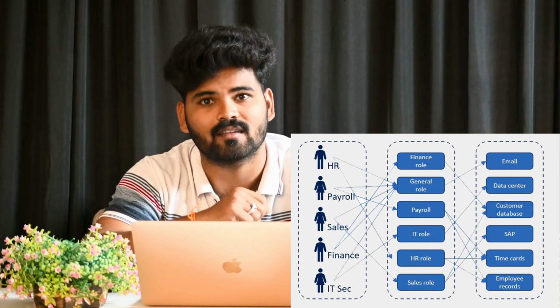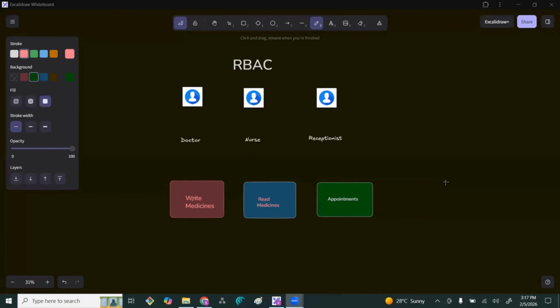Now let's understand this by taking one simple real-time example. Think about a hospital. Let's say in the hospital we have a doctor, a nurse, and a receptionist. Based on their roles, they perform different operations. Generally we know the doctor can write medicines, read medicines, and sometimes give appointments to the patients.